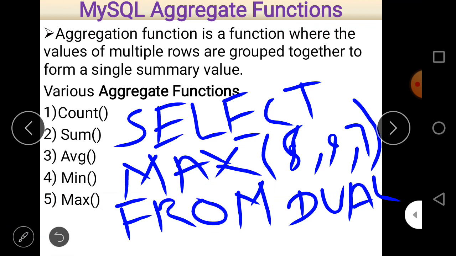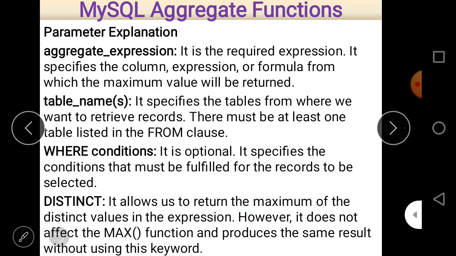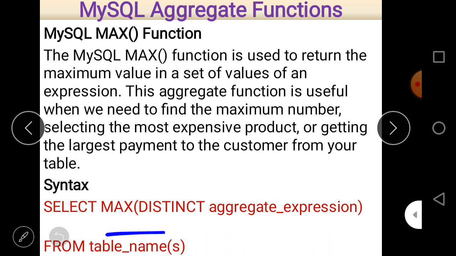And similarly we can use the min function to find out the minimum value. In place of max we can write min to find out the minimum value. So dual is a dummy table provided by SQL. So that is the concept of max. And here, if you have a table, then just write the table name. And if you have more than one table, among these you can also find out the maximum value of